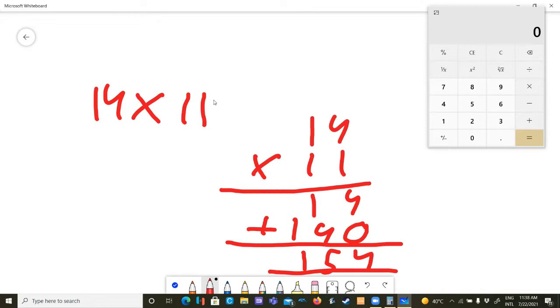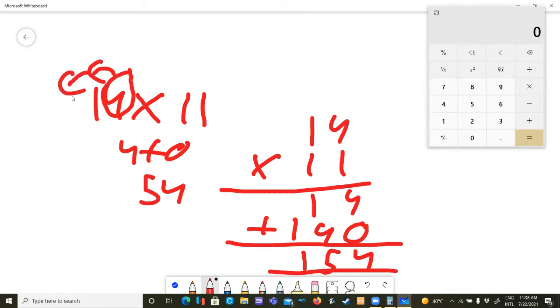How do we do this in the trick method? First, we do not need to worry about 11. We take 4. The neighbor to the right of 4 is nothing, which means 0. So, 4 plus 0, 4. Moving to 1, 1's neighbor is 4. 1 plus 4, 5. Moving to a blank space, again being 0, 0 plus 1, which is its right hand side neighbor, 1. 154. As we can see, the answers are the same.